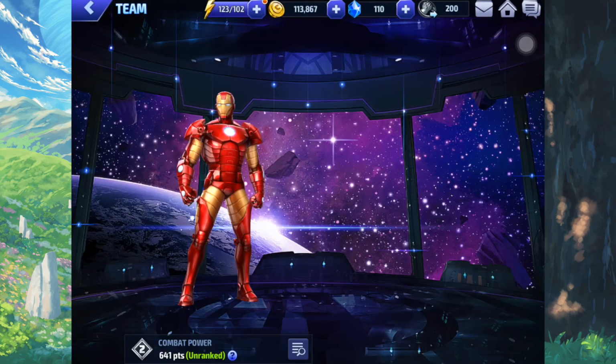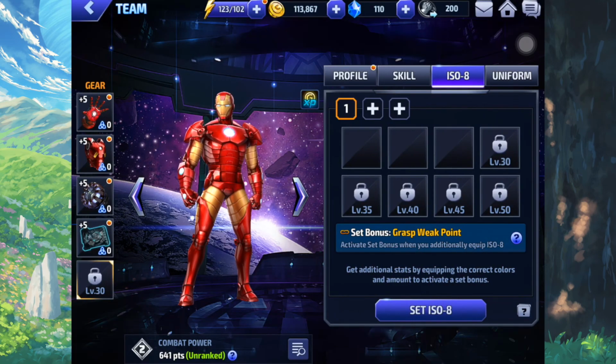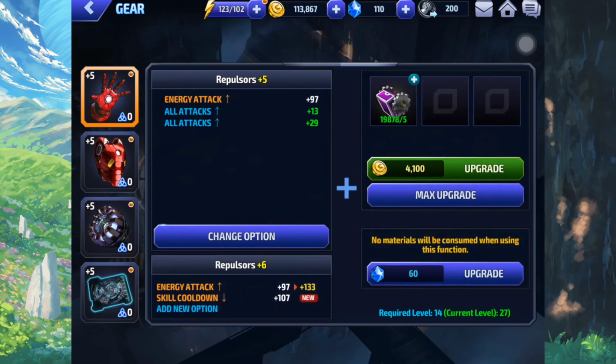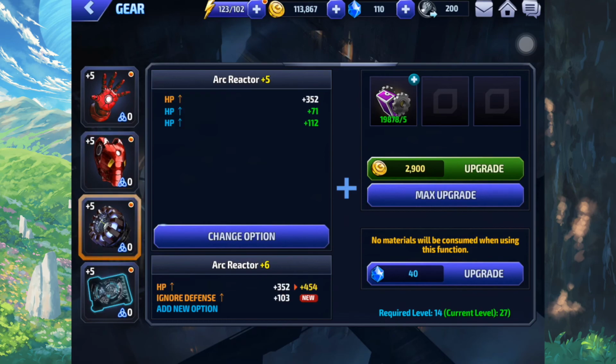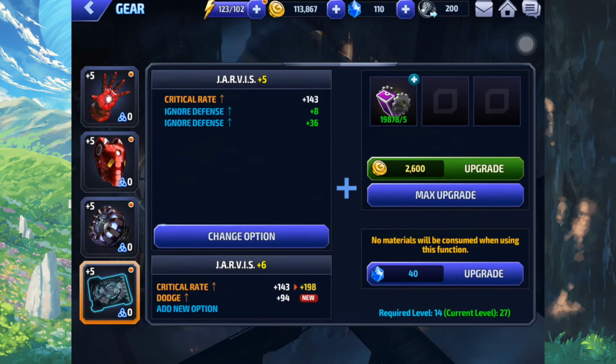Now, for your somehow purely offensive build, especially if he's not a leader, you want to go with first gear, all attack all the way, second gear, all defense all the way. For your third gear, it's kind of iffy here, but instead of HP and then dodge, you want to go all dodge. And then for the fourth, instead of critical rate and then skill cooldown, you want to go with critical damage, critical rate. And then for your ISO 8 set, I suggest you go with